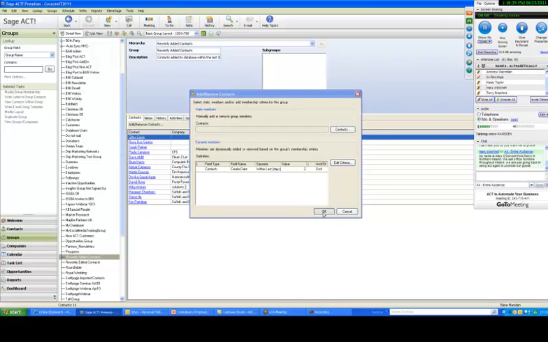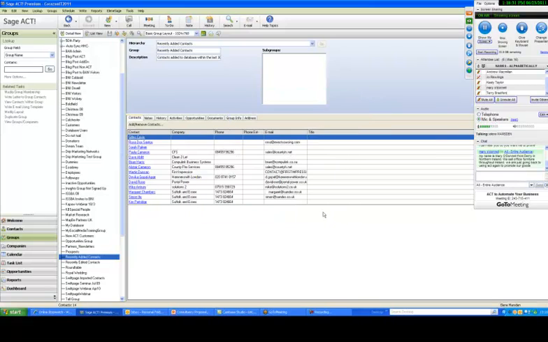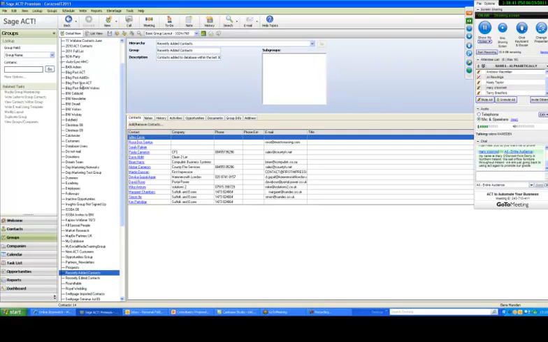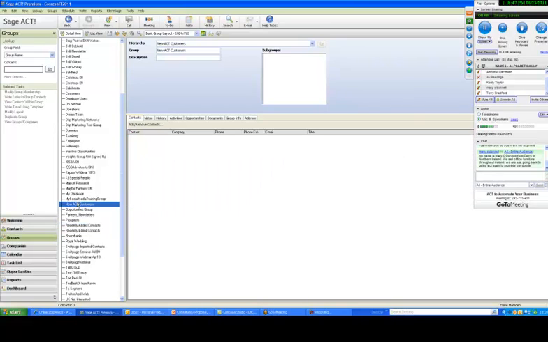All right, so that's working with dynamic groups, and you get certain groups already given to you by ACT. Now, one of the ones that I've created myself is, let me just take a look. I've got all sorts of different groups. And I'm going to show you my new ACT customers group. That's the one. So here I've called the group New ACT Customers, and it could be replace ACT with the